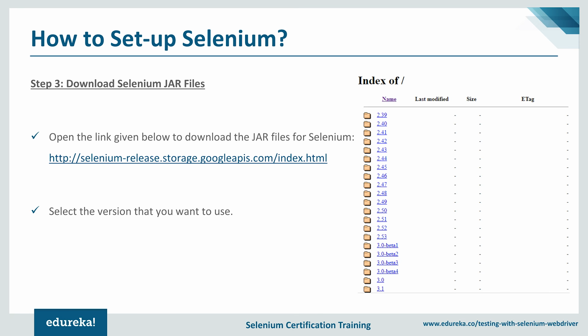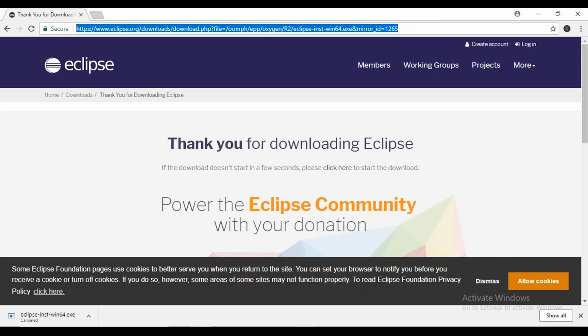You can visit the link here and you'll find a window of this kind under which there'll be many versions of Selenium. Go ahead and select the version that you want and download it. I'll anyways be doing it so that you people know which files exactly to download. Let's go to Selenium this time.